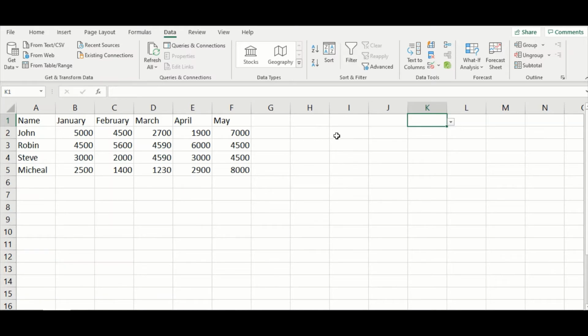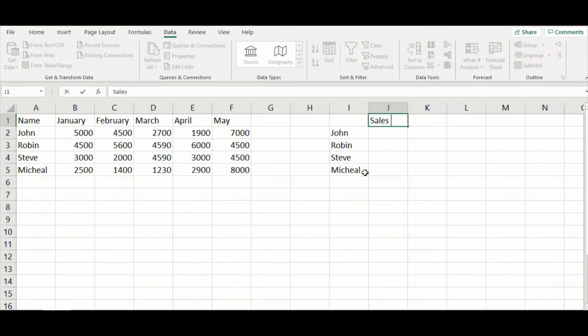Let's create a small table out of this. The names are John, Robin, Stephen, Michael, and then let's say sales data.